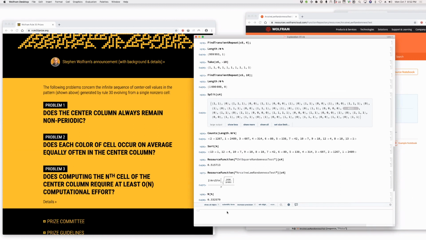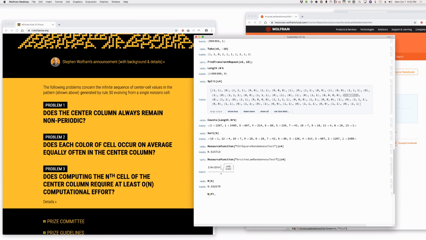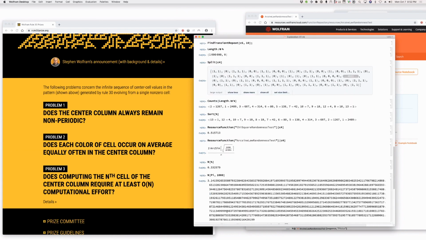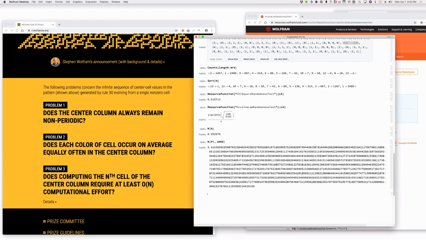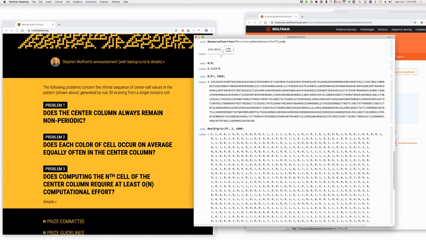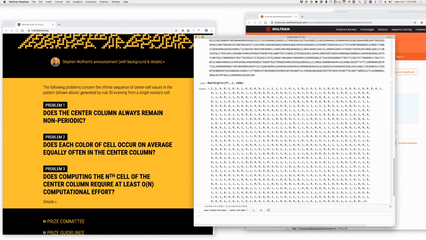tests here. Let's ask for some analogies to this problem. So one obvious analogy, we're asking, how random is this sequence of bits? We could ask, how random are the digits of pi? So let's say we generate 1,000 digits of pi. Okay, there they are. We could generate these digits in binary. So let's say the first 1,000 digits of pi in base 2. So there they are. And that's then a sequence that we can sort of compare to the sequence we're dealing